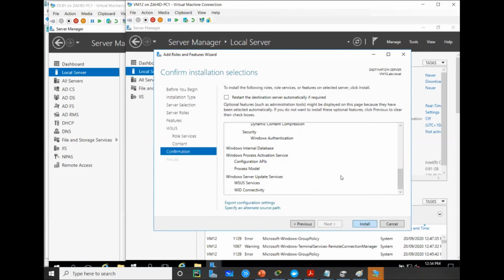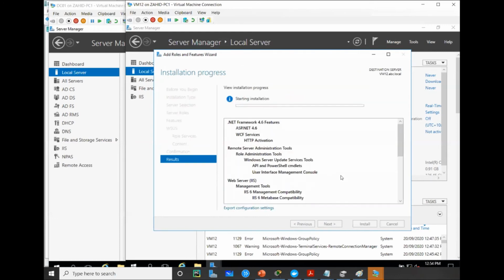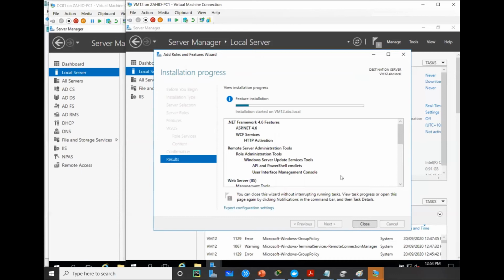So click install. If you want to install, Manage, Add Roles and Features. Click next. Already done. Oh, install is all done already. Okay, I didn't look at your one. That's fine. So once you install,